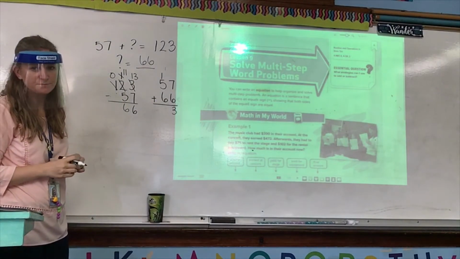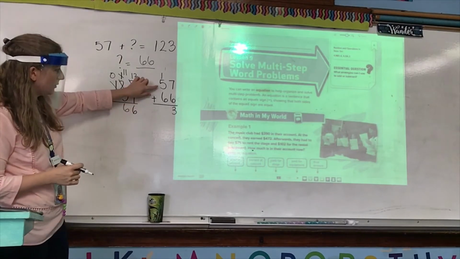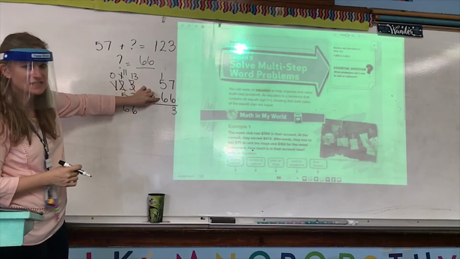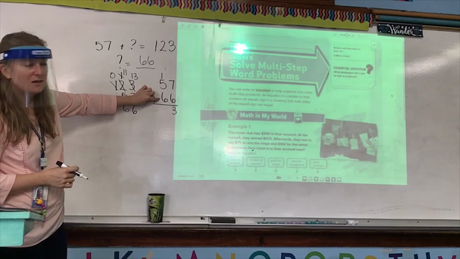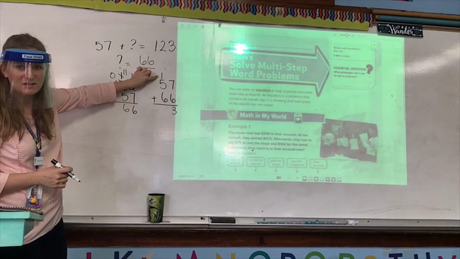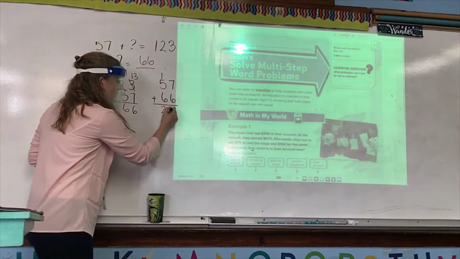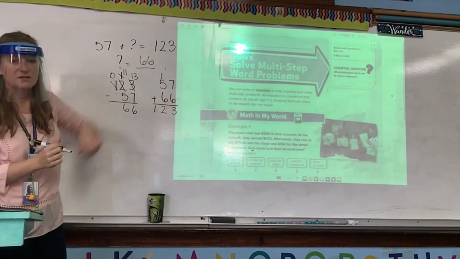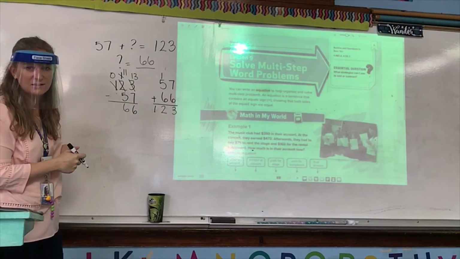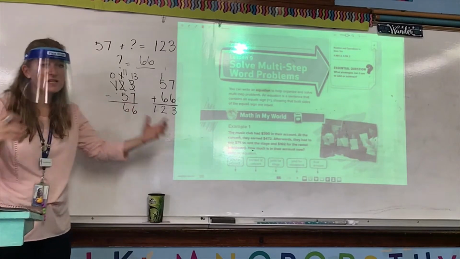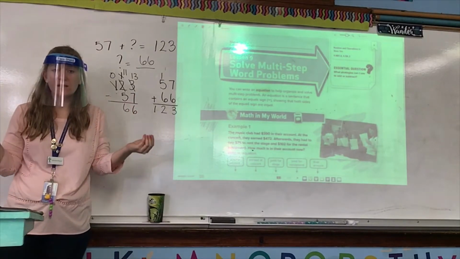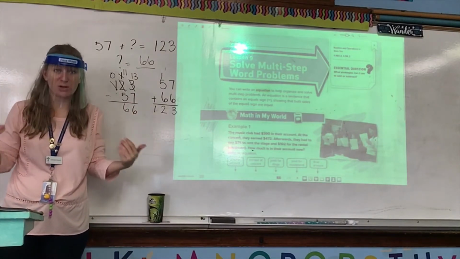Step 2 is to add the tens. We start with what we knew. 5 plus 6 is 11, plus 1 is 12. Did we get our answer? Yes. So the reason I did this was because in some of the problems that we're going to do today,